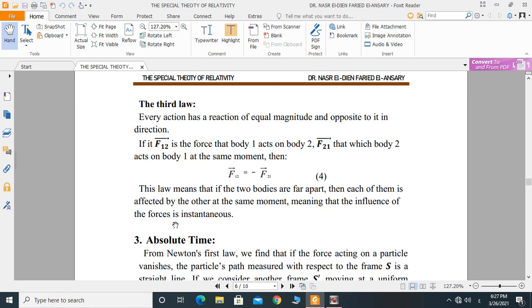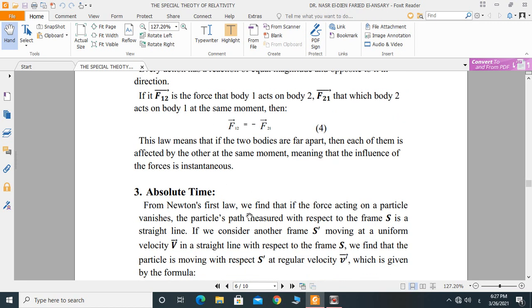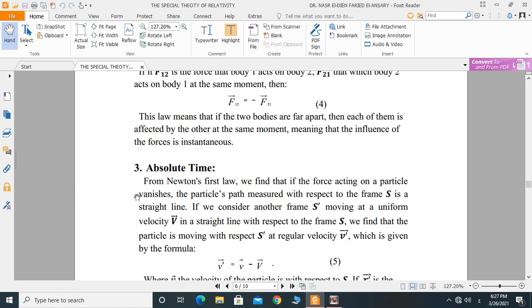The third concept is absolute time. From Newton's first law, we find that if the force acting on a particle vanishes, the particle's path measured with respect to the frame S is a straight line. If we consider another frame S dash